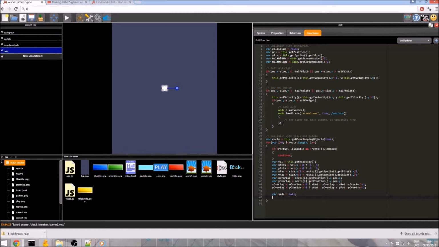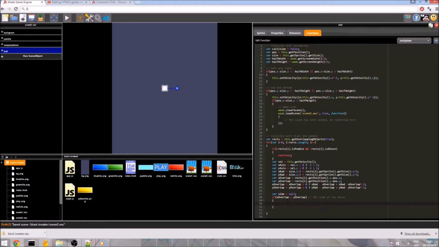So as I said, we need to work out the side, and that's what this variable is for. So var side: if the x overlap is less than the y overlap, as we just demonstrated, we must have hit the side of the block. I'll write a comment there: hit side of the block. If we've hit the side, we need to do what we did when our ball was hitting the boundary earlier.